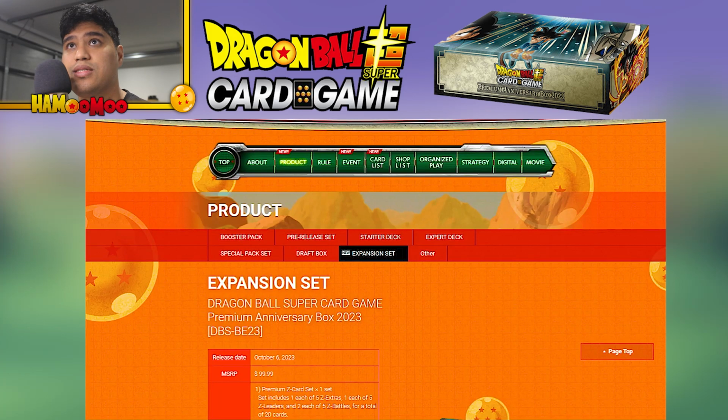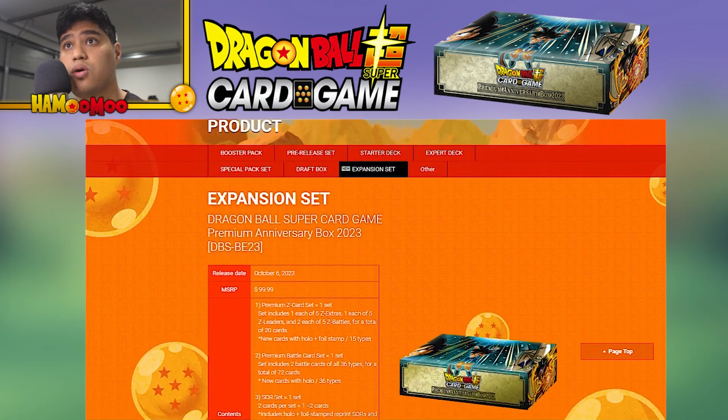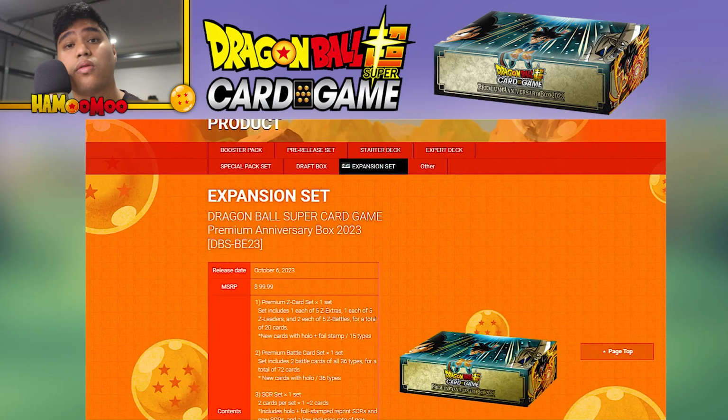Alrighty, here we are. As you can see on the official Dragon Ball Super Card Game page, we are looking at the expansion set, of course the anniversary box 2023. I thought first have a look on the official website, see what it has to offer, and then from there we'll jump onto the Facebook page and look at the actual cards. So, as you can see, it pretty much comes out on the 6th of October 2023, which is very soon,